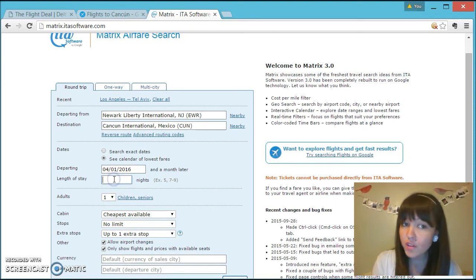And then you can also select a range of dates. So I want to go for a weekend, maybe a little longer, maybe a little shorter. I want to select 2 to 5 nights. So that'll let me see the cheapest fares between Newark and Cancun for 2, 3, 4, and